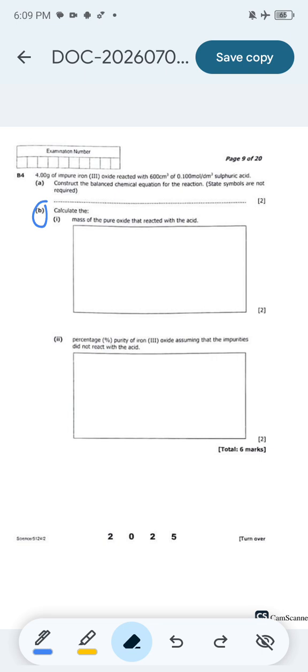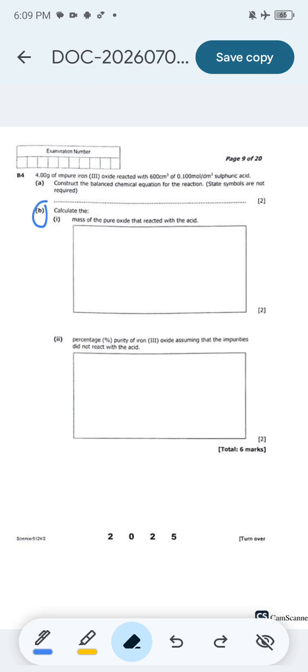Then, with this well-balanced equation, you have been given parameters on top there. You can use those parameters to find the number of moles of those particular known substances. For example, sulfuric acid has the concentration and also the volume. So you can actually use those numbers to calculate